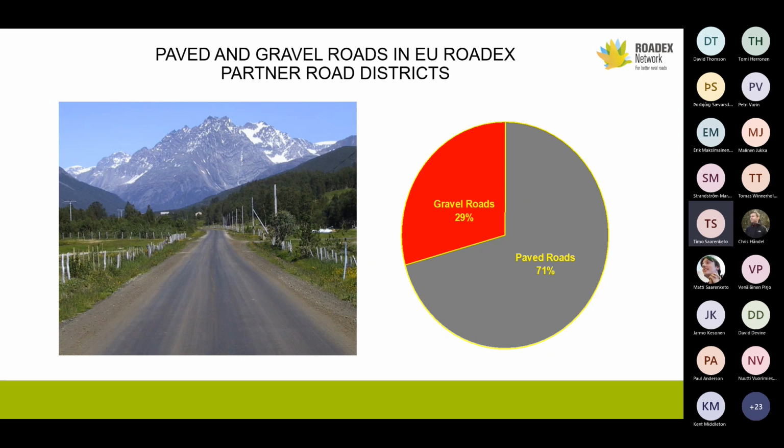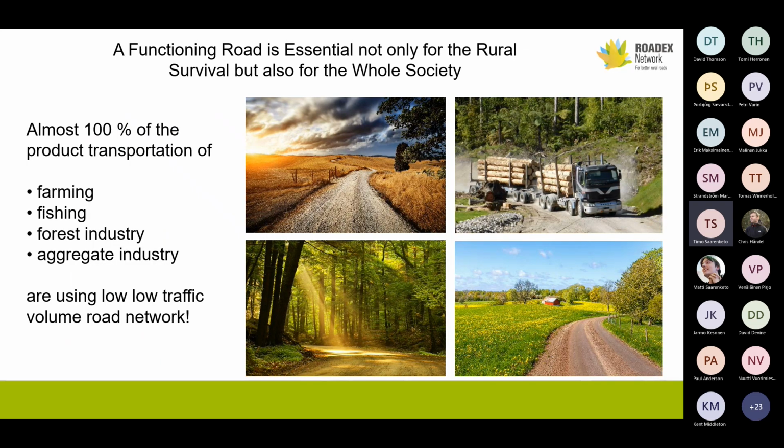On the other hand, we've been doing some work also with Road Scanners in Czechia and Slovakia, also on forest roads. And for instance, in Czechia, a big part of the forest roads are paved roads. So we cannot say that all the forest roads are gravel or unsurfaced roads or dirt roads. There are many names, but one special thing anyway with this is that we cannot ignore these